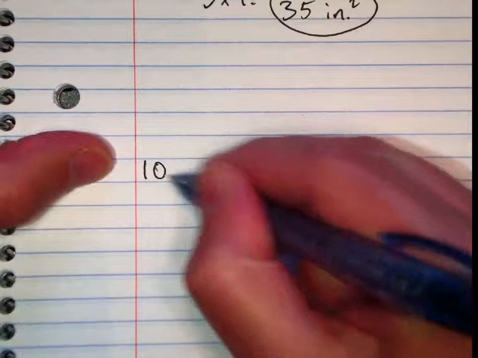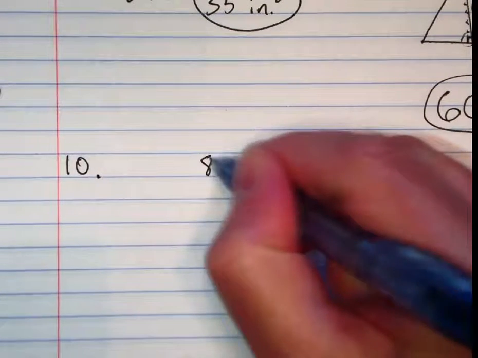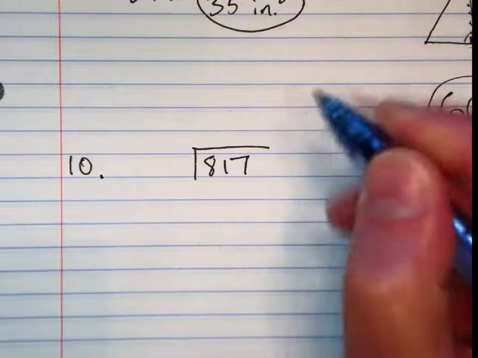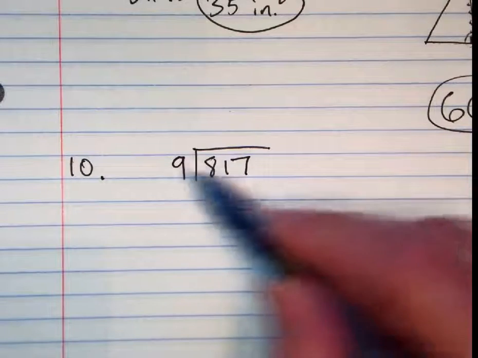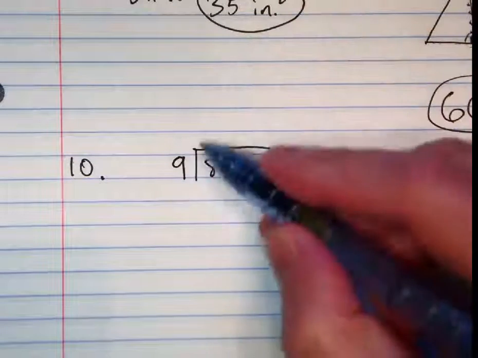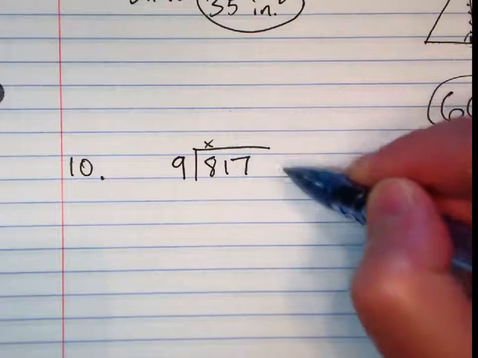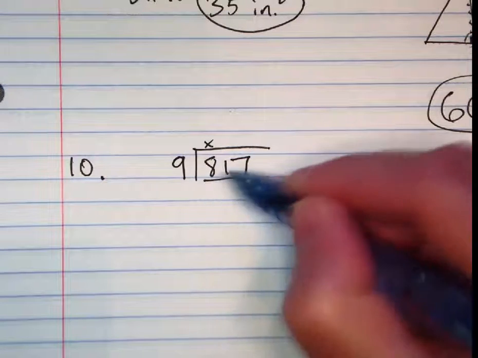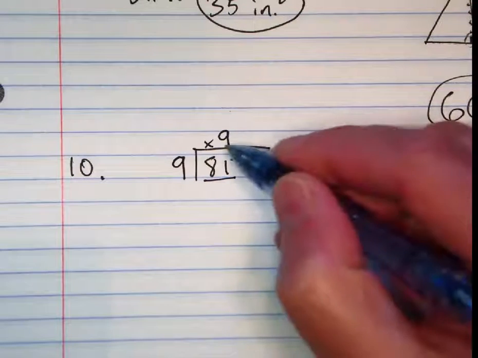Okay, one more. Number 10. Last one. This is a division problem. I got to read my writing again. 817 divided by 9. Okay, so 817 divided by 9. How many 9s go into 8? None. So I'm going to put an X right there. How many 9s go into 81? 9. Exactly. 9 times 9 is